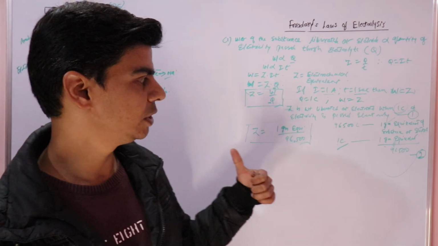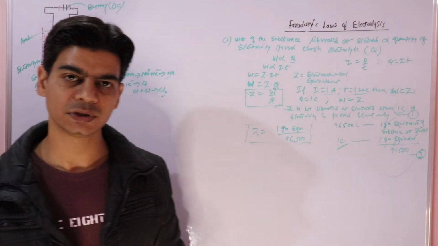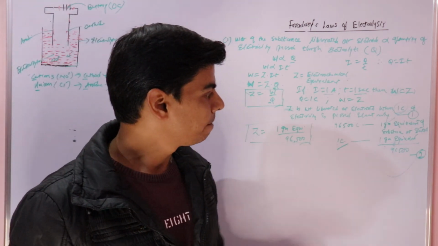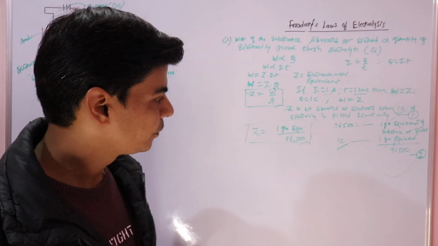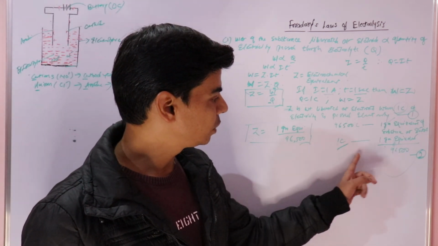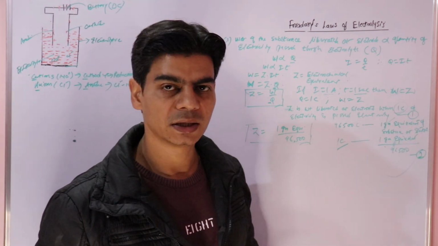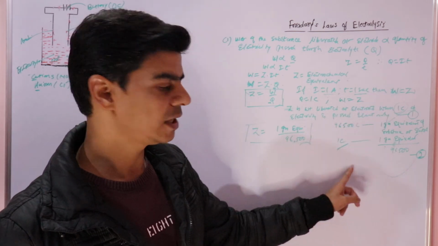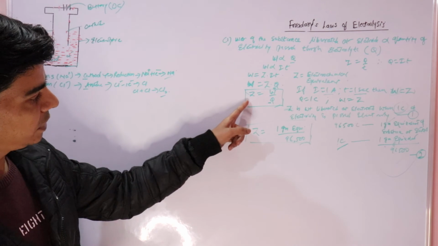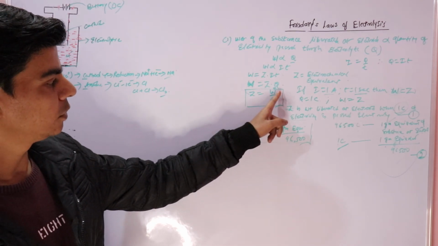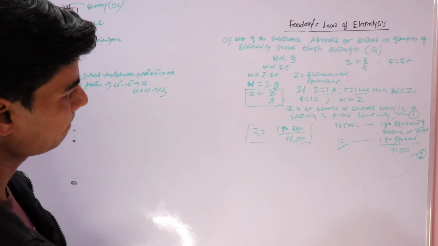For sodium, 1 gram equivalent is its atomic weight in grams, which is 23 grams. So this would be 23 in case of sodium, right? So 1 coulomb would give this much of substance at the electrode. So this and this are the same. So we write Z is equal to this, right? And the value of Z can be calculated from this formula if you know the weight of the substance liberated and the amount of electricity passed through the electrolyte, right?